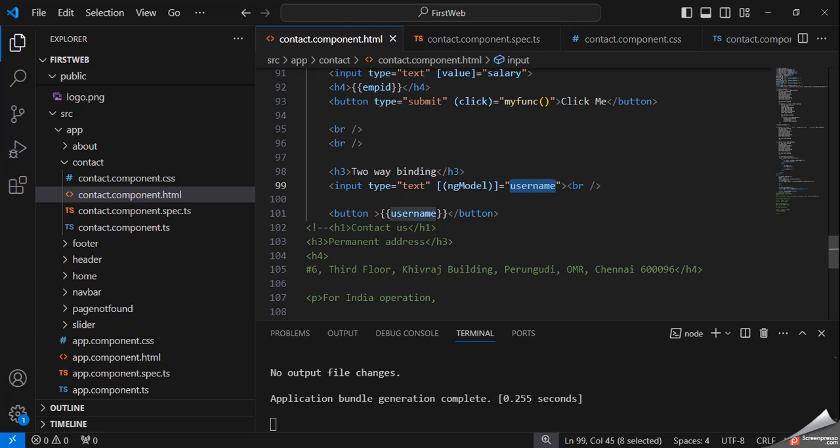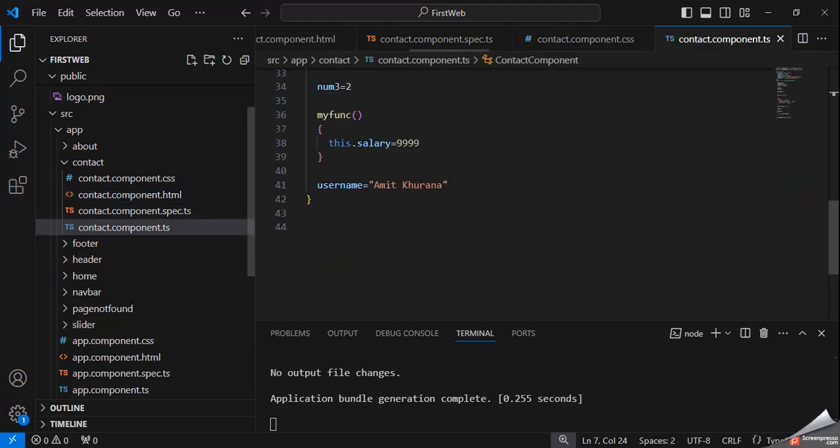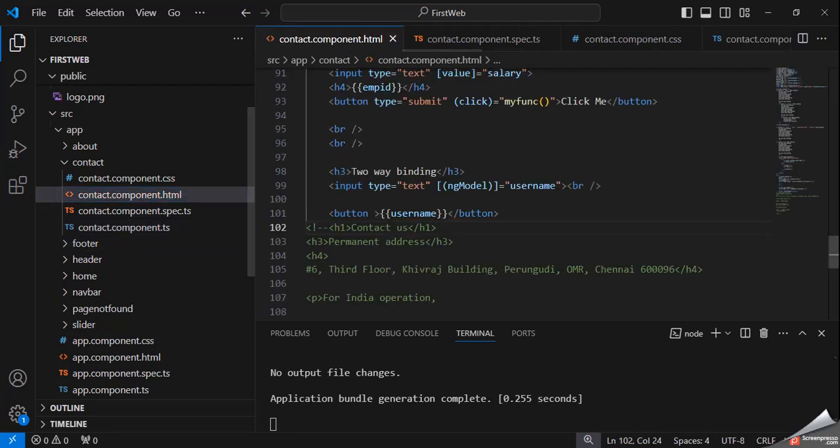If you input any value here, that will set the value of username. And here we show the current value of username. So this is two-way binding. Through this variable, we can set the value of the TS file variable, and again show the value of the TS file variable. Anywhere you like, you can access those values. That is the example of two-way binding.